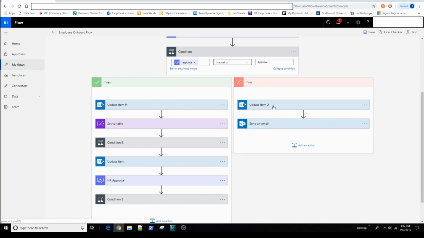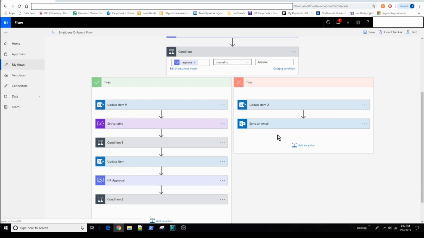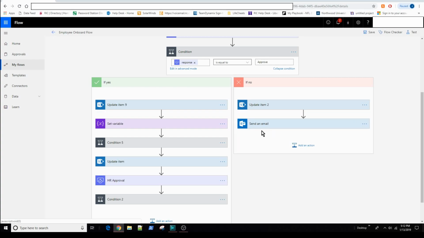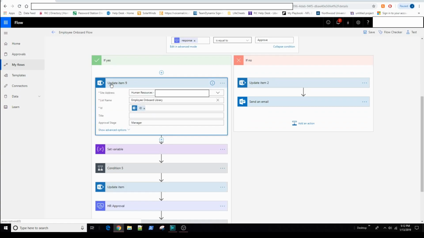If they don't, there's an update, and we change the column to rejected, so we can then sort by new hires who have been rejected. And then we send an email to the person who created the form and basically says you have been rejected for your new hire. So we're going to work our way down to yes, and we're going to see